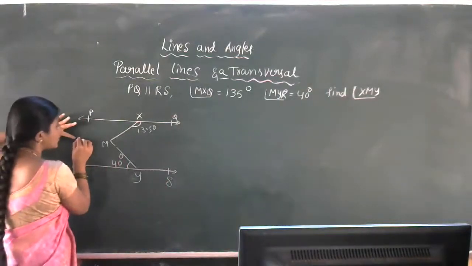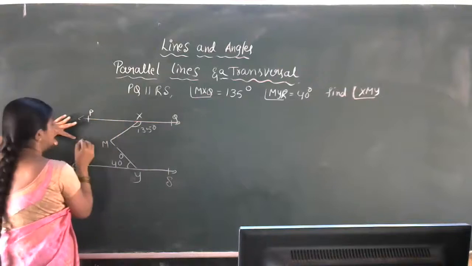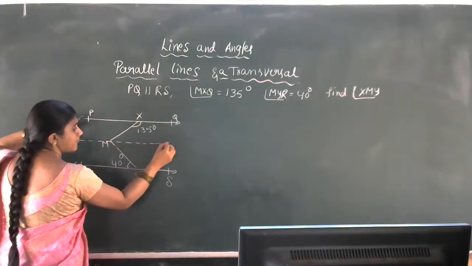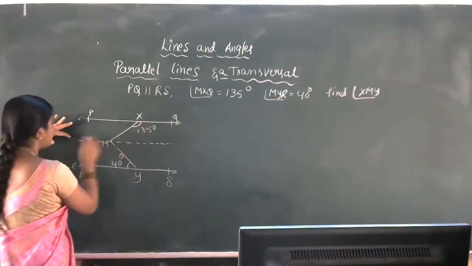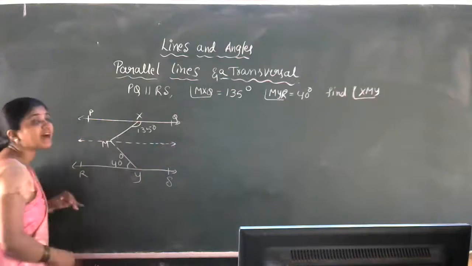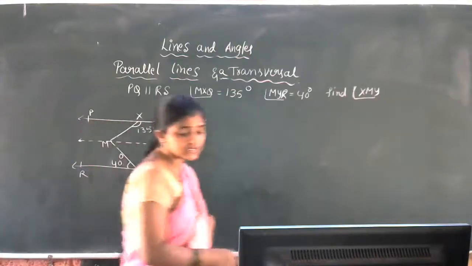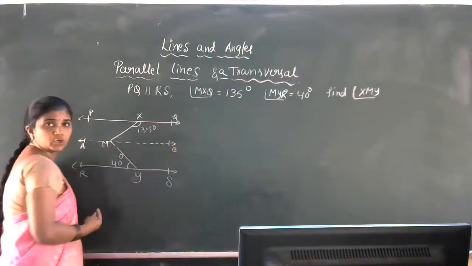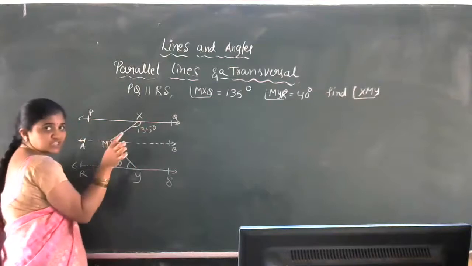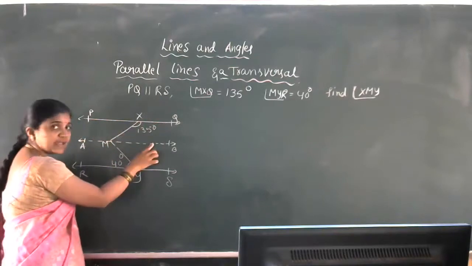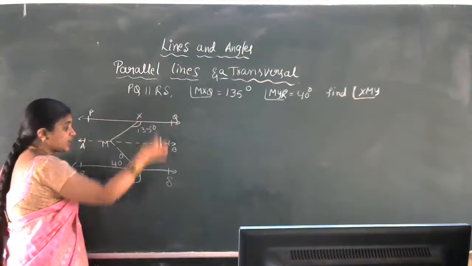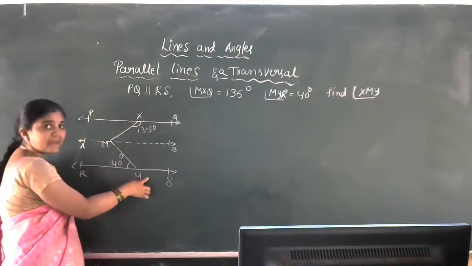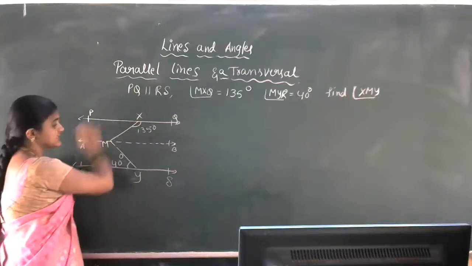So we have to draw one line parallel to the PQ line. Okay, let us take that construction. Like this. For PQ, we have to take one more line, that is a parallel line. Is that clear, students? They have marked this parallel line as AB. PQ is parallel to AB. Already it is given that PQ is parallel to RS. So then it is clear that this AB is also parallel to RS only. Yes, this is the construction now.